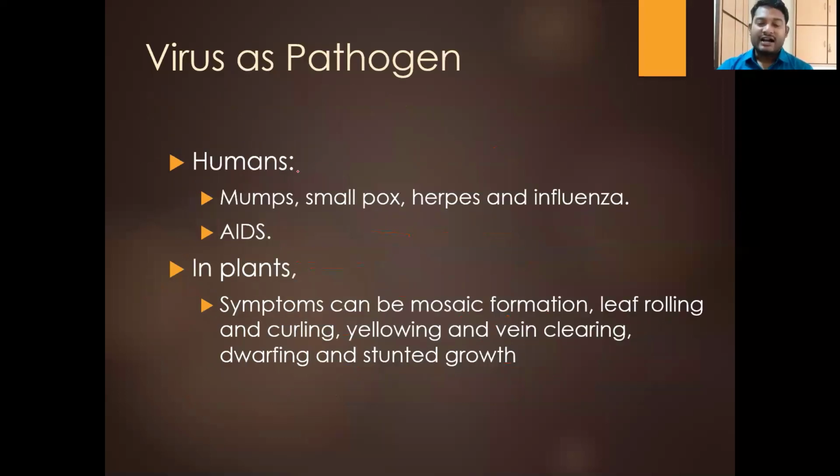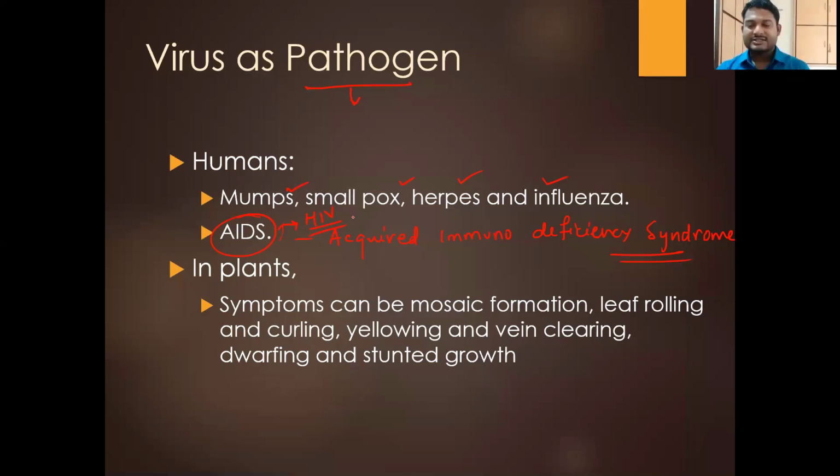Now viruses are pathogens. They cause disease in organisms, animals, humans, and plants. In our case, we have mumps, smallpox, herpes, influenza. We also have AIDS. AIDS stands for acquired immunodeficiency syndrome, right? It is not a disease, it's called a syndrome because it's a combination of symptoms. People die because of the lack of immunity that develops when they are suffering from HIV AIDS. Obviously it is caused by the HIV virus, or human immunodeficiency virus.